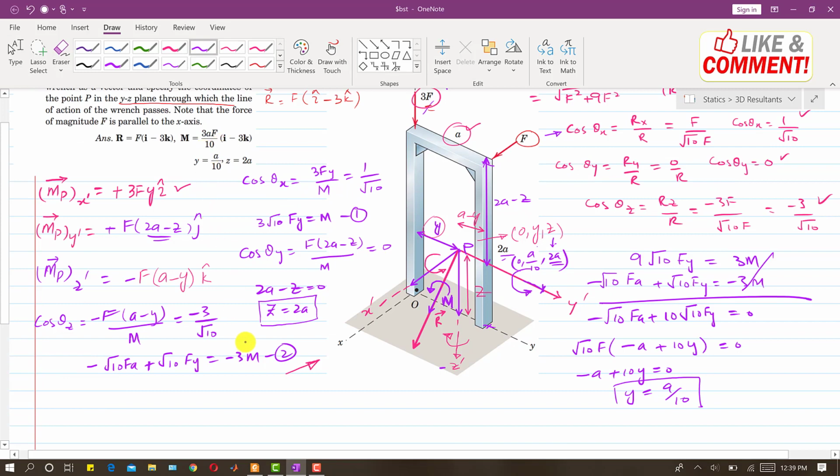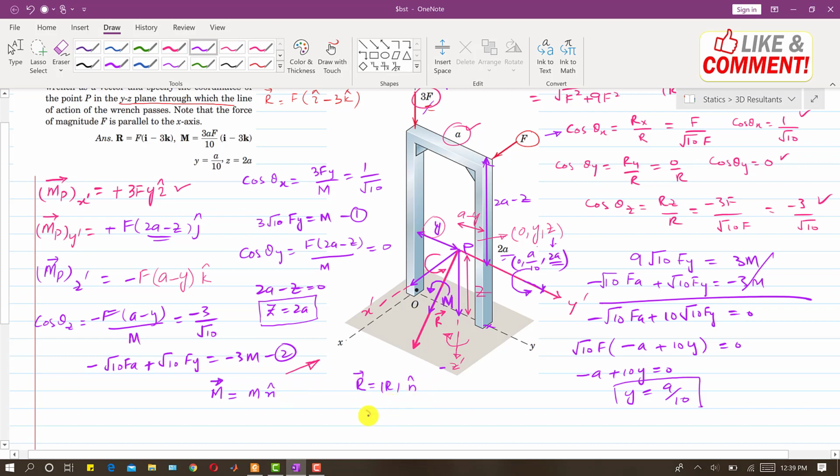Now in the problem it is also said to represent that moment as a vector as well, the moment associated with the wrench. So we need to write that vector, which will be equal to M magnitude and the unit vector, and the unit vector of this moment associated with this wrench will be equal to the unit vector of the resultant. So this means that we can write the direction cosines of the resultant with this M. So what are the direction cosines? If this is the resultant, and this resultant is R magnitude and its unit vector, so both will have the same unit vectors,